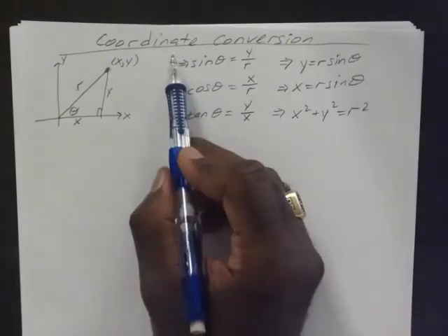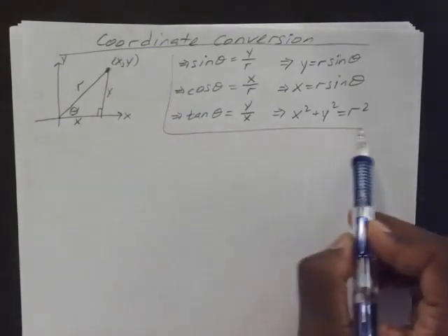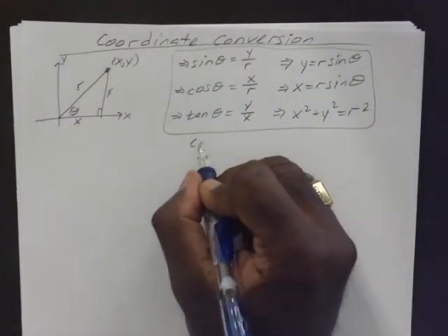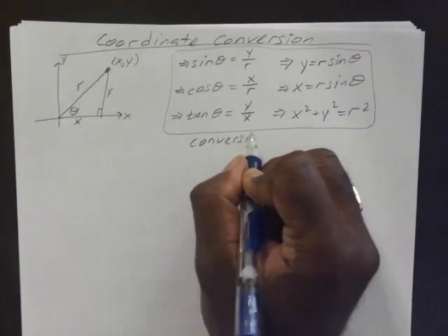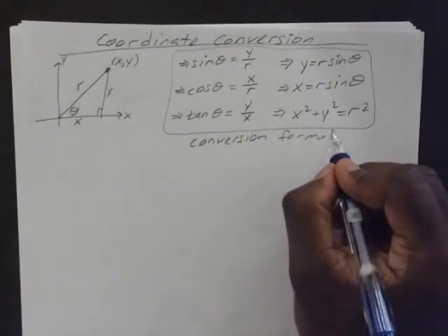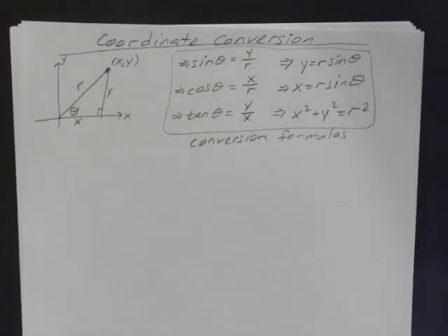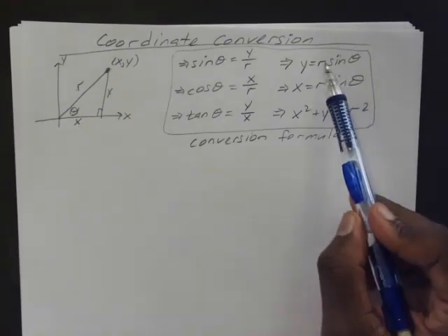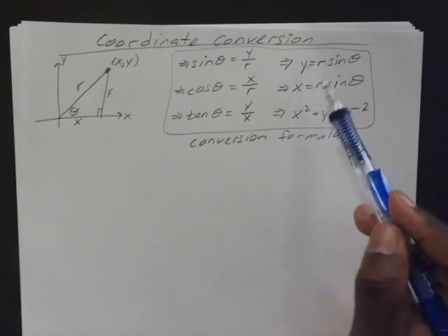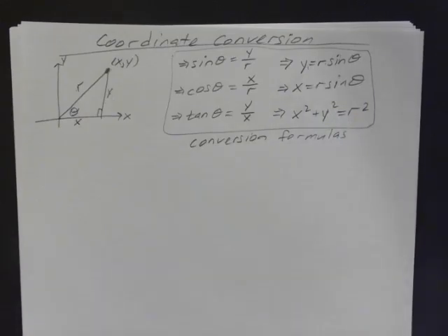Okay, so these are the conversion formulas that you will use. Okay, so if you are given r and theta, you could find your x and y coordinates. If you're given x and y, you could find your